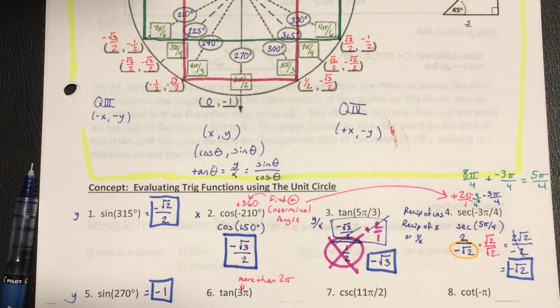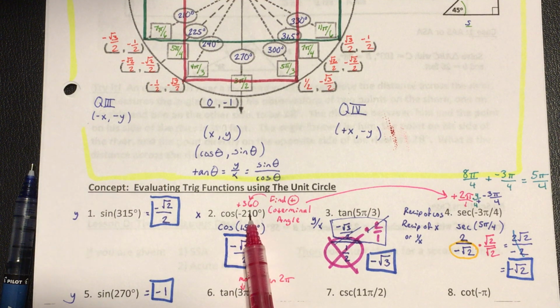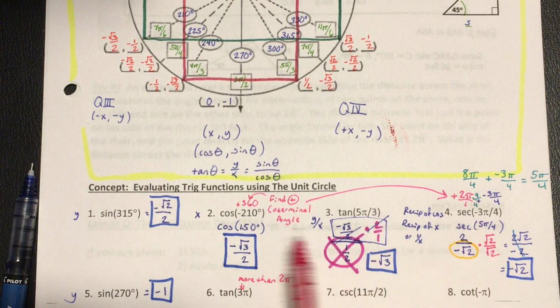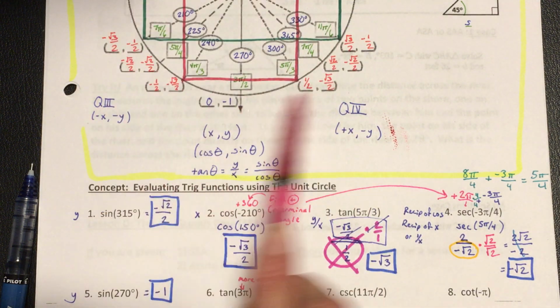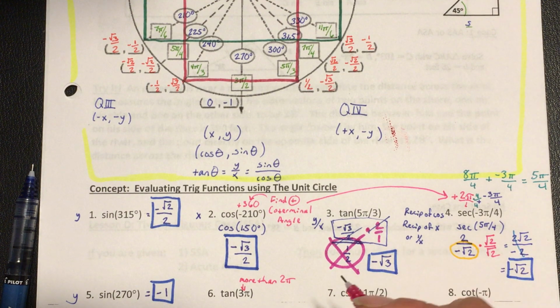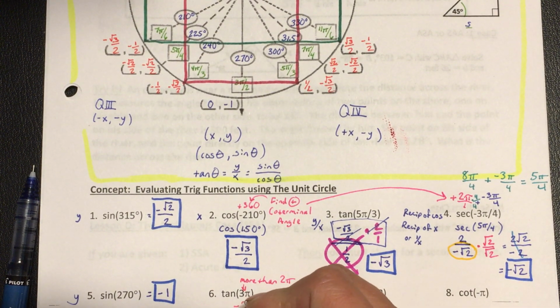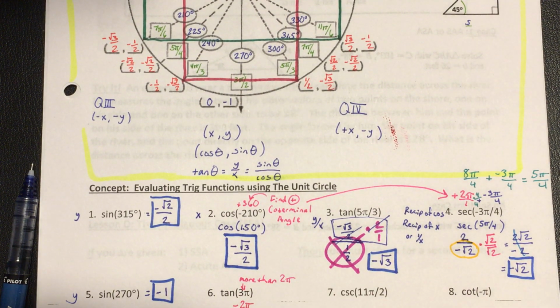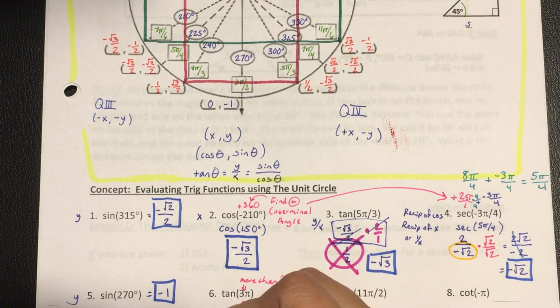So it's similar to what we did in number 2 and number 4, except instead of trying to find a positive coterminal angle, we're trying to find a coterminal angle that is within 1 rotation of the unit circle. So how are we going to do that? Instead of adding 2 pi or adding 360, we're going to subtract 2 pi from this. So if I subtract 2 pi, we get tangent of pi,